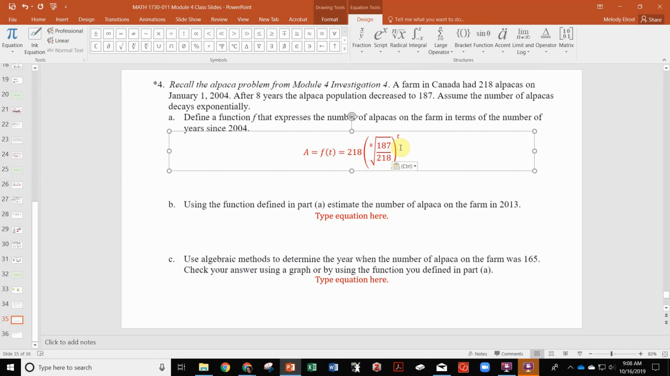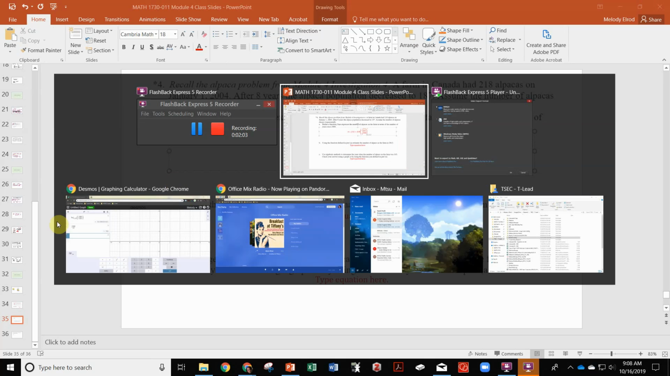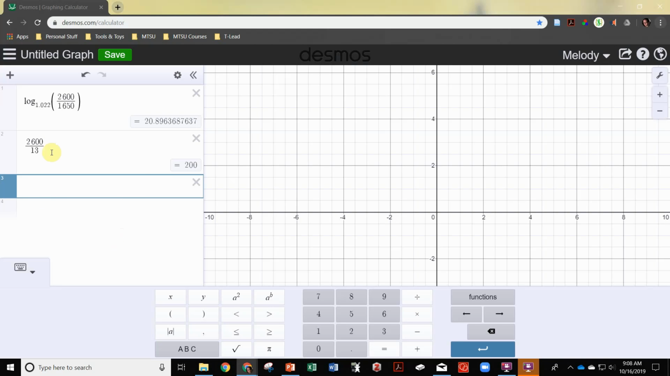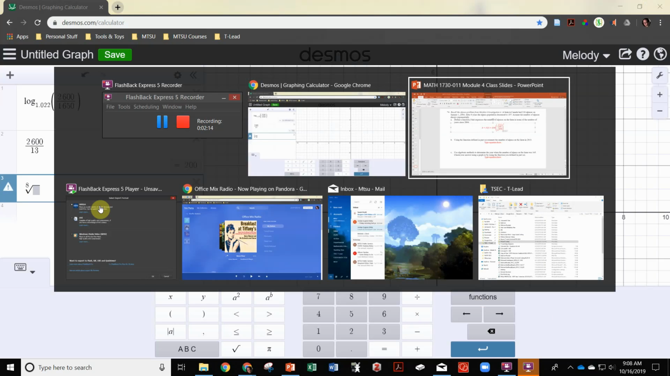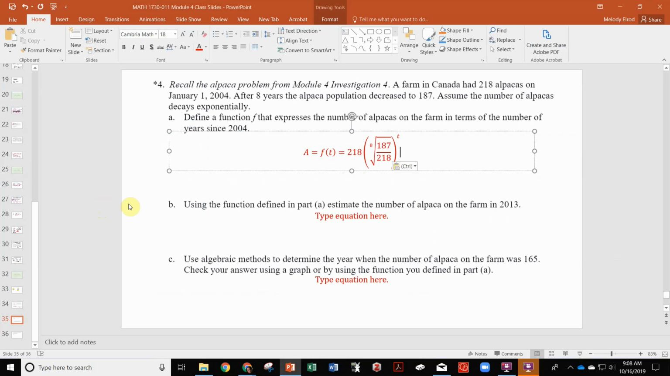Now, if you've done this already on your paper, you probably have an approximated value. There's nothing wrong with that. In fact, let's figure out what that would be. So if we go back over to Desmos, if I go functions, nth root, there it is. If I go the 8th root of 187 over 218, whoopsie, then I get 0.9810. So I could say that this is approximately